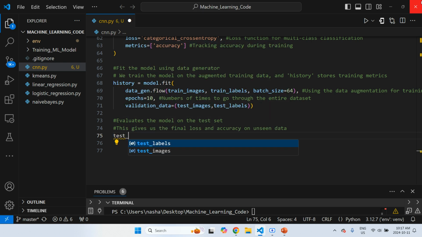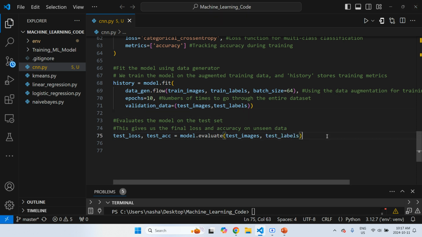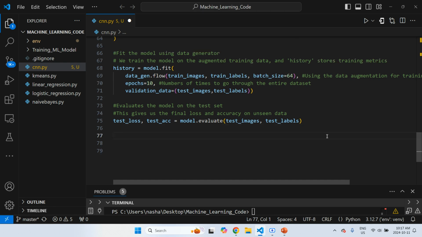So we start with test_loss and test_acc, these two variables. And this is returned by model.evaluate. And you can see a common theme here in Python working in machine learning. We get these sets, typically lists or tuples, that are returned by these methods. And we have this evaluate method that we put our test sets into, both the images and labels, and save. That's it. So accuracy and loss,